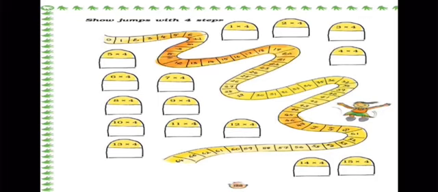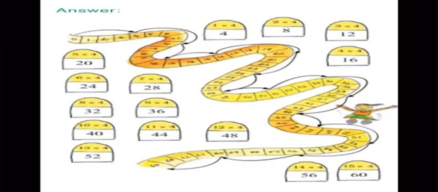So if you know the multiplication tables, you will be able to calculate easily. Otherwise, if you are jumping 4 steps again and again, then it will be confusing and there will be chances of you making mistakes. So learn your tables thoroughly. Like for example, if I am at 4, then if I jump to 8, then from 8, if I make a mistake and jump to 11, the entire calculation will go wrong. So to make your calculations simple and easy, you should know your tables thoroughly. So start writing the answers in your textbook.